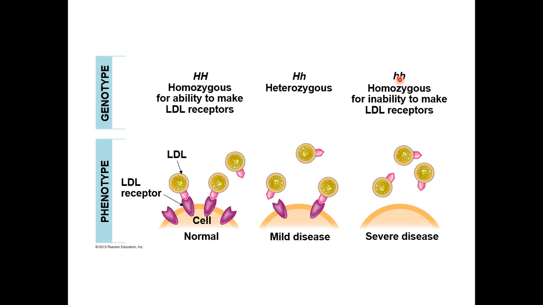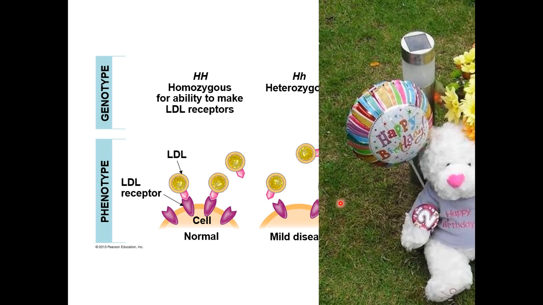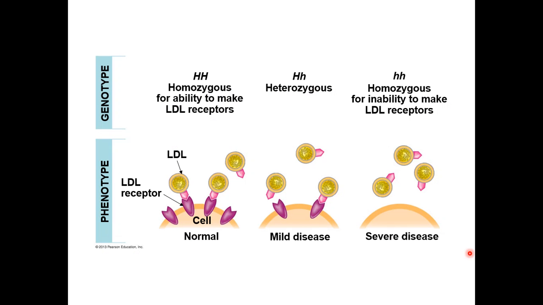So in cases like this, if you are heterozygous and your girlfriend is heterozygous, you have a 25% chance of making a child that has a severe disease. You have a 25% chance for this severe disease to plague your child, which increases their risk for this. So if you are heterozygous for this, I highly suggest you go to some kind of genetic therapy